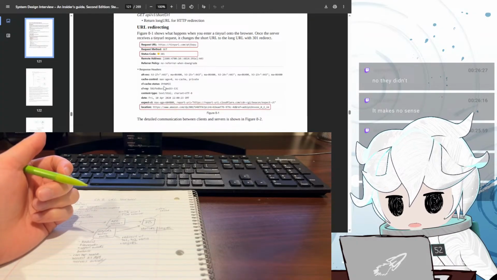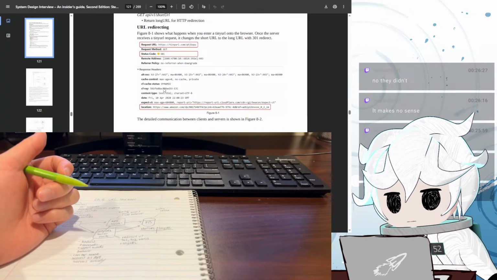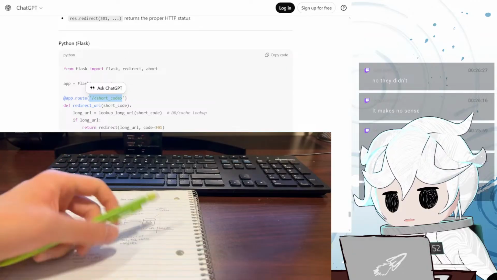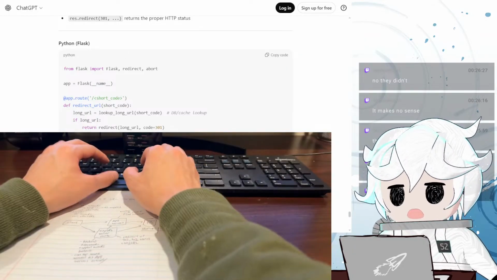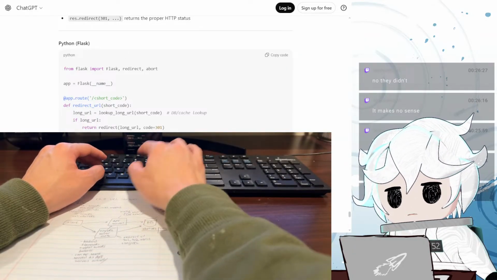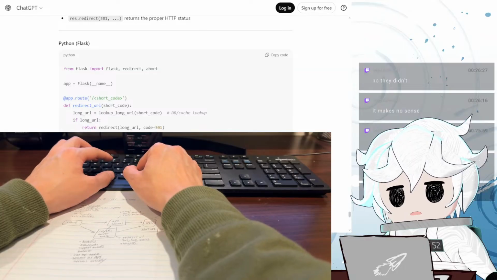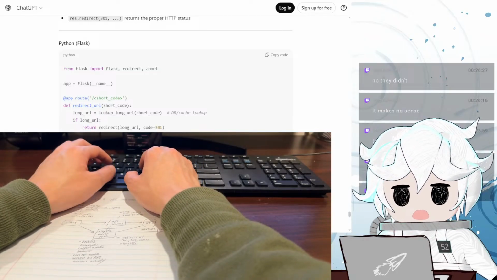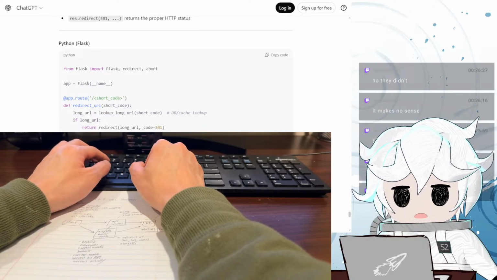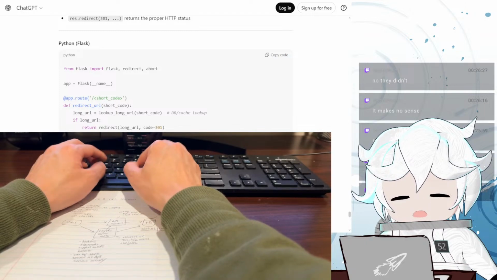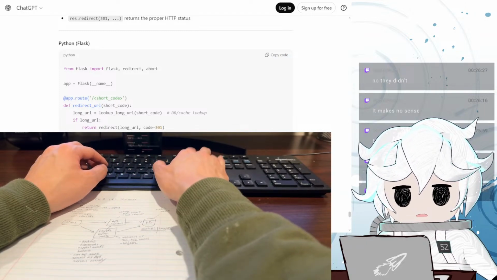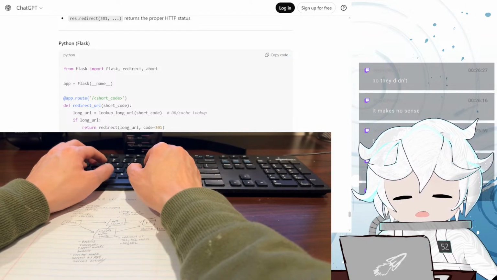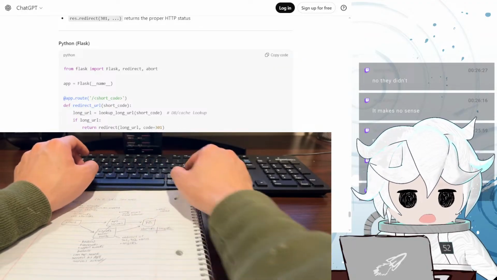Do they talk about this? How do we distinguish between a call to redirect from a tiny URL and a call to make a new tiny URL?